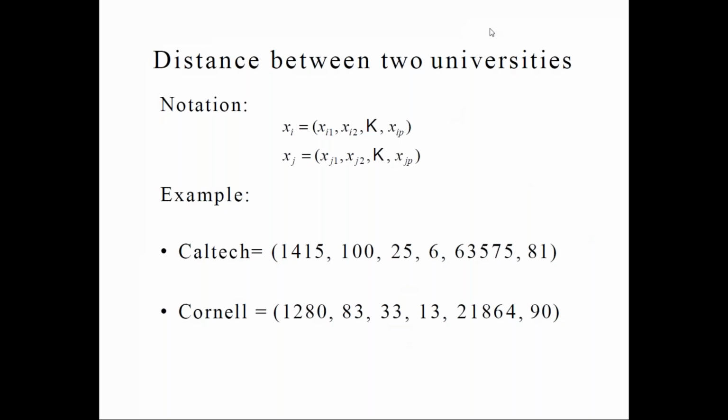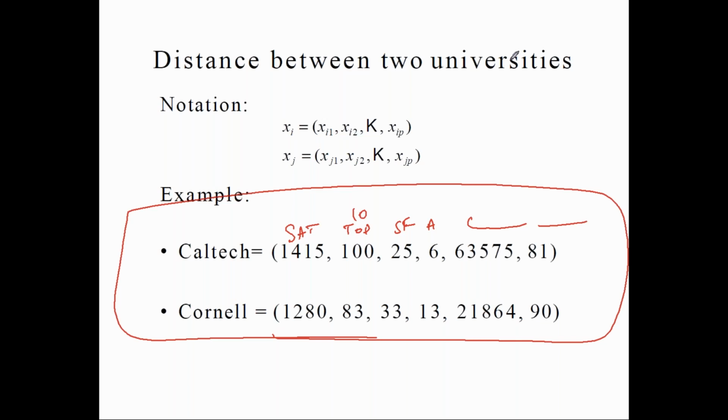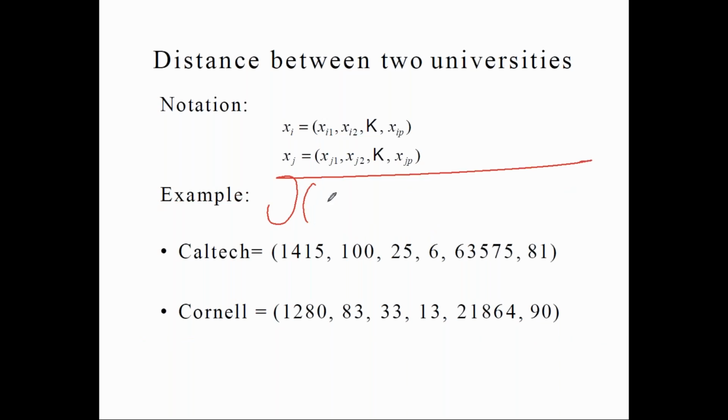This is SAT score, top 10, student faculty ratio, acceptance ratio, graduation rate, and expenses. So this is your data. I'm going to implement Euclidean distance: x2 minus x1 whole square, plus y2 minus y1 whole square, plus z2 minus z1 whole square